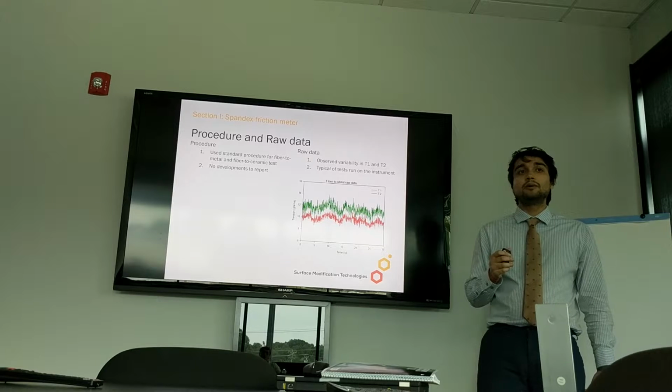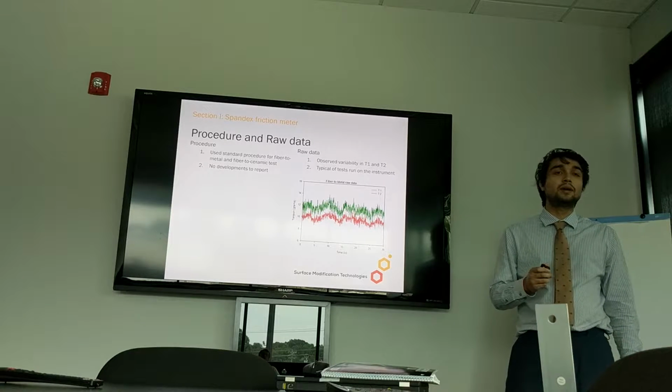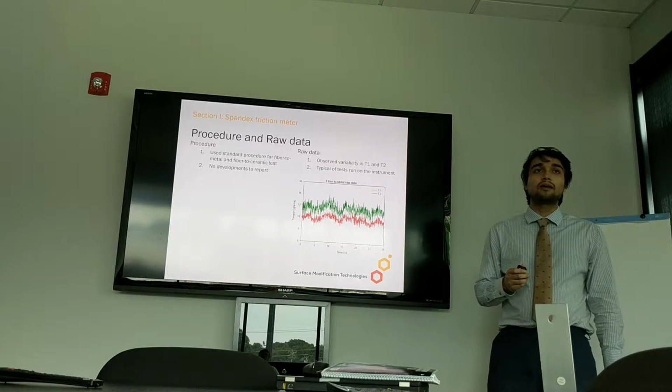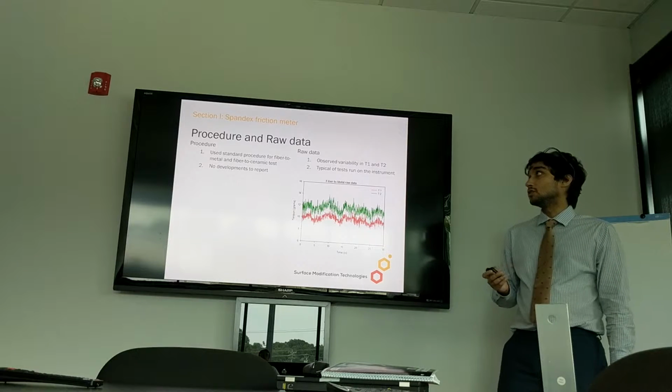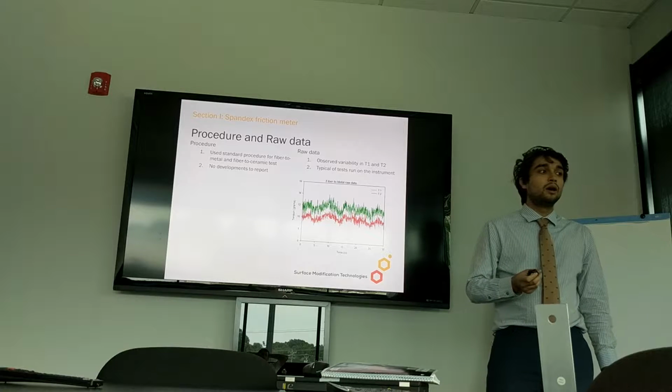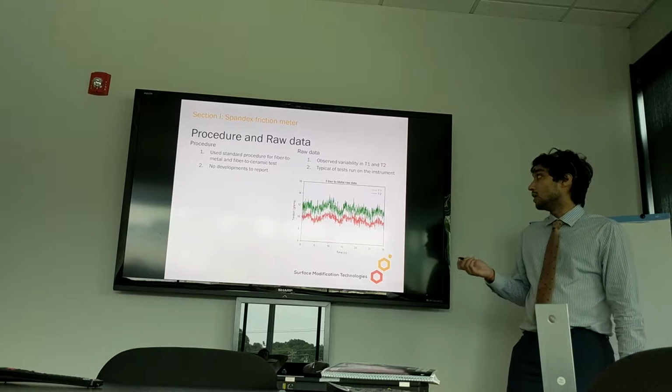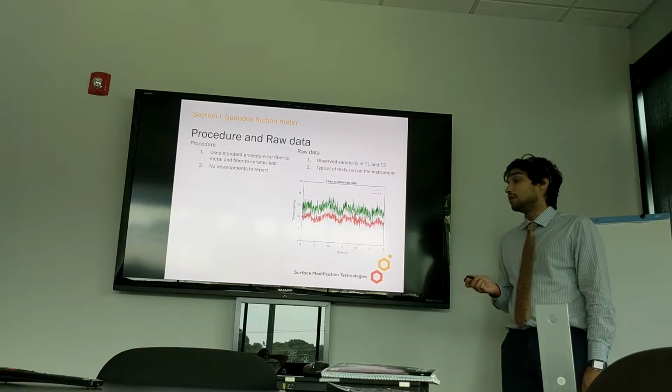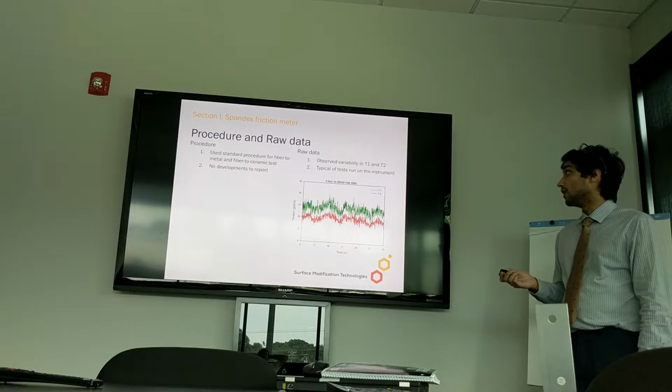And then the fiber is made to contact metal or ceramic pins at a known wrap angle to determine the coefficient of friction using data streams from input and output tension, which correspond to T1 and T2 values, where the T1 values, the pretension values, are shown in red over here.